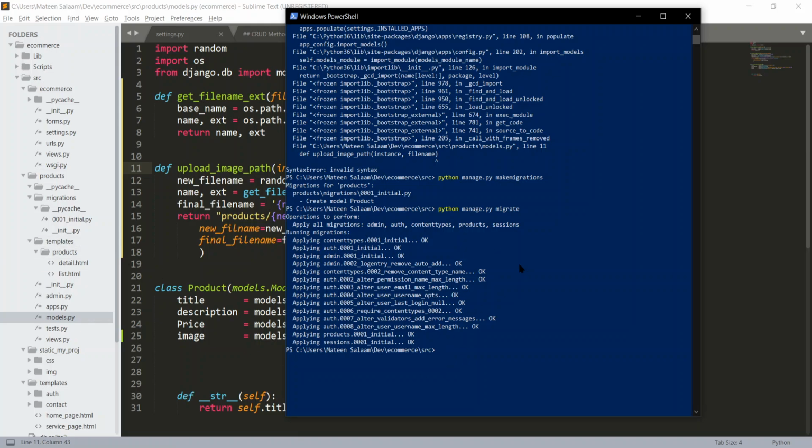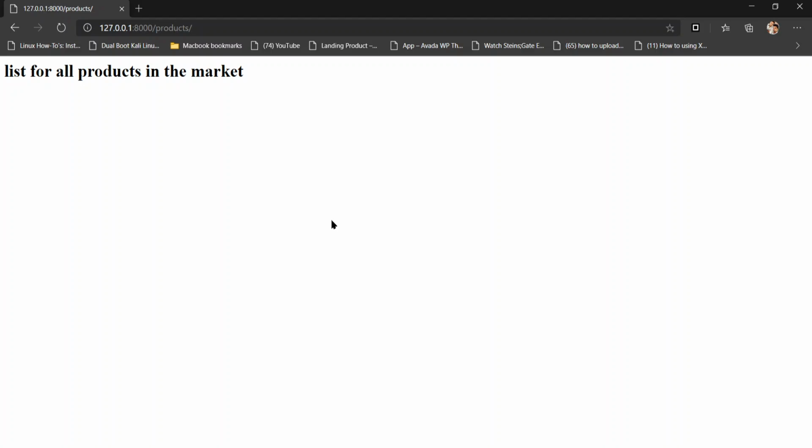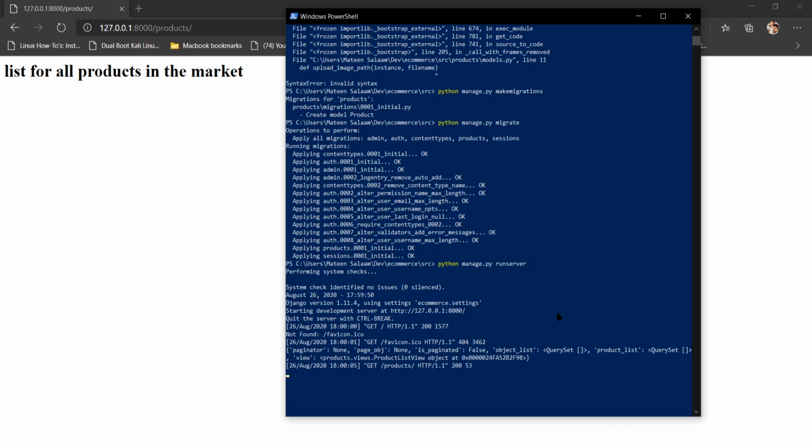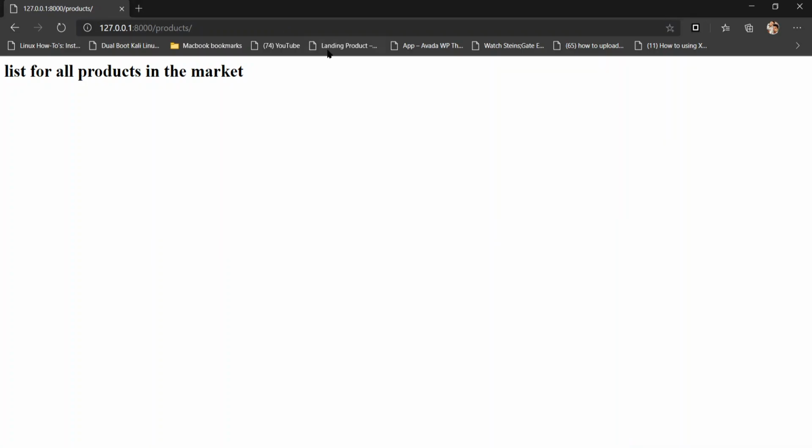So once we have done our migrations and everything, we are going to just run the server. All right, and I'm just going to take this, and let me just open up my Microsoft Edge and try to paste it here. Now, if I just go to /products, you can't see anything because we have reset the whole database, if you remember. I also happen to create a new superuser now. So for that reason, I'm going to create a new superuser. Create superuser, and I'm going to name this Matt. Name, email, just nothing, I'm just going to type my password. Run server again. And when I go to the admin section here,